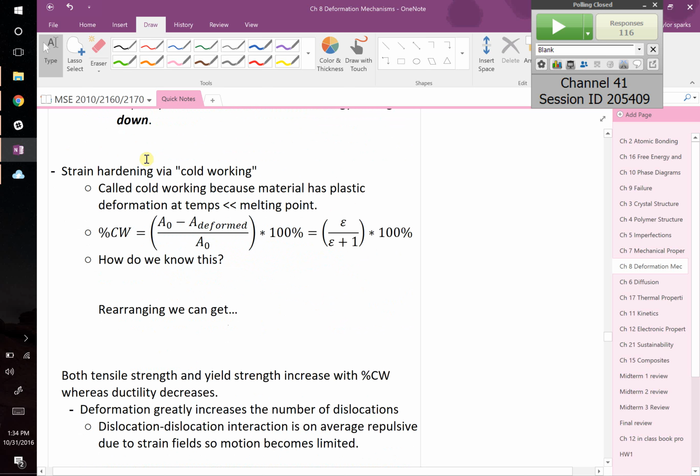Okay, strain hardening or cold working. They call it cold working because as you plastically deform something, it's typically lower than its melting point that you're doing this. And if you do it much below its melting point, then you're not constantly fixing all the damage you put into it. So if this is my piece of metal, every time I pound on it, I introduce dislocations into it. If this is at a low temperature, those dislocations can't reverse and heal themselves and annihilate. Therefore, they're still there. Therefore, every time I hit this with the hammer, I'm just adding more and more dislocations,